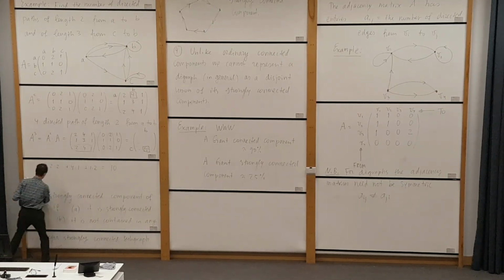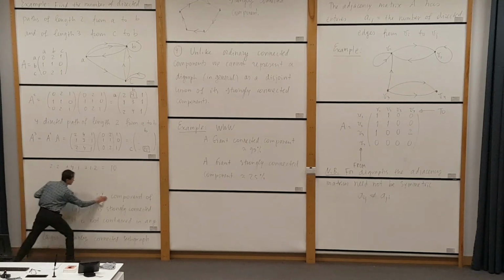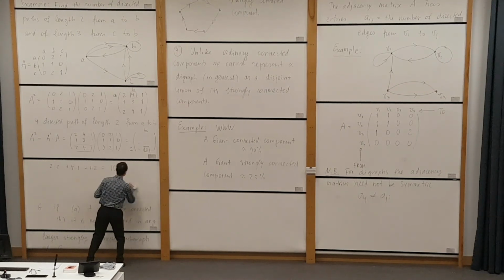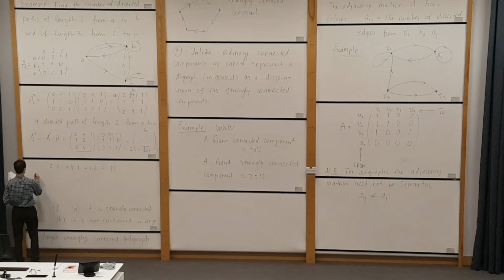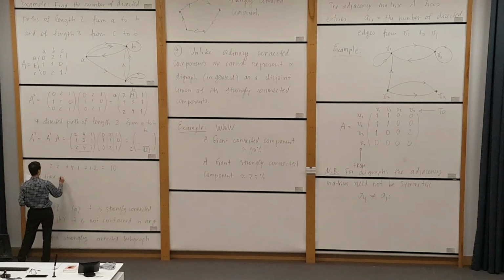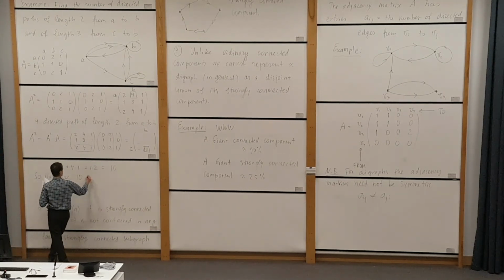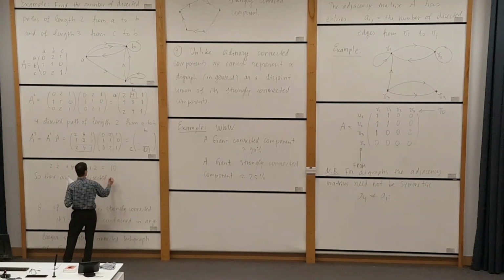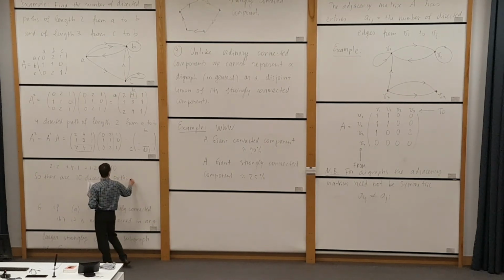It remains to write down the final answer. So there are 10 directed paths of length